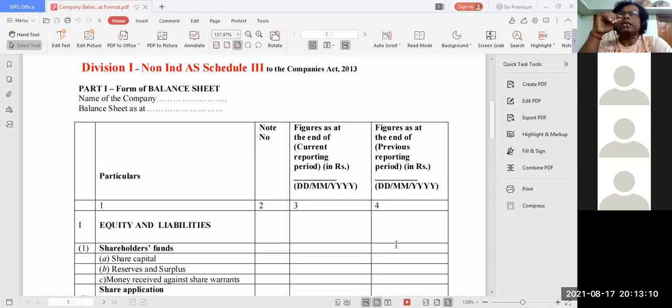Now, in 1973, the International Accounting Standard Committee, IASC, was formed in UK, and it used to form IAS. IAS means International Accounting Standard. Like in India we have AS, that is Indian Accounting Standard, but internationally it is International Accounting Standard. In the little book it is there, IAS.